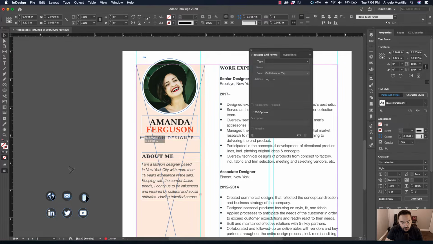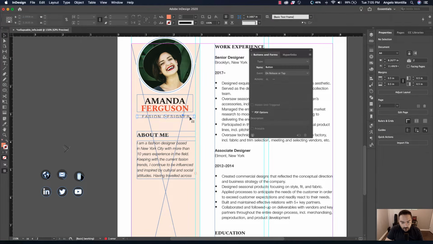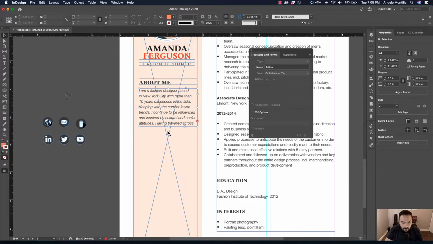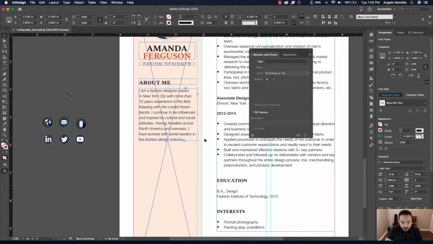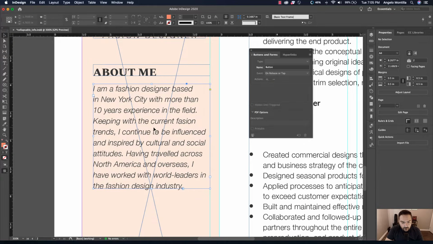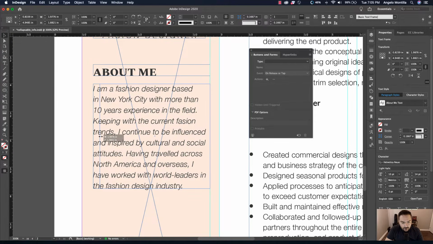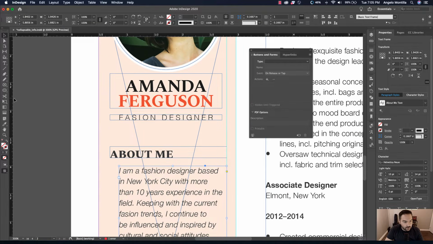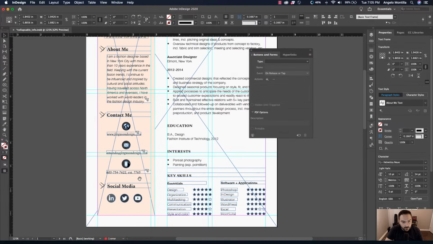Okay, great. So we're rolling here. This is good. I'm just gonna kind of adjust things on the fly there. That's good. Let's make that fit. Perfect. I'm just gonna add a little bit more space to this. Let's actually create a guide that goes to about her name for now, Amanda Ferguson. Where does that guide go?